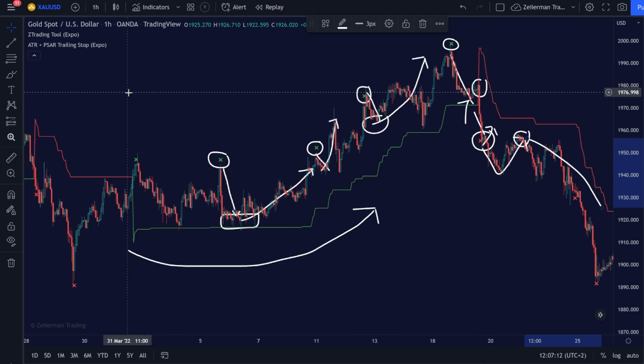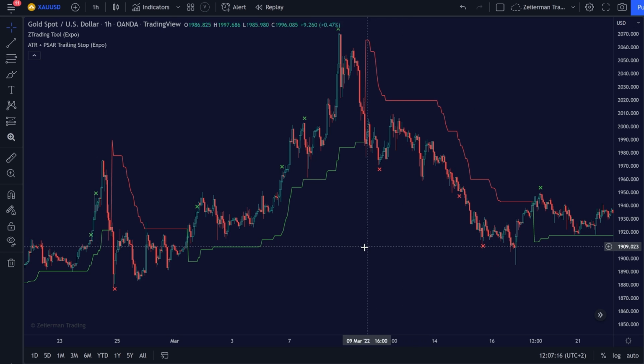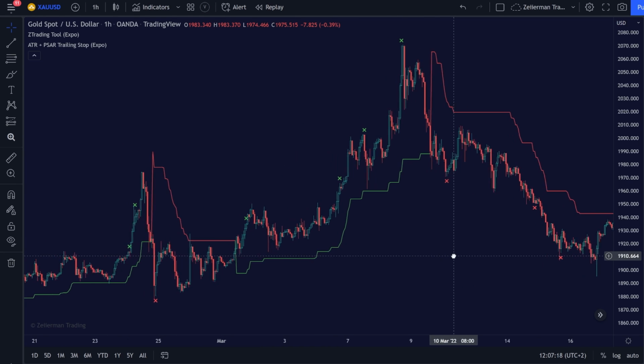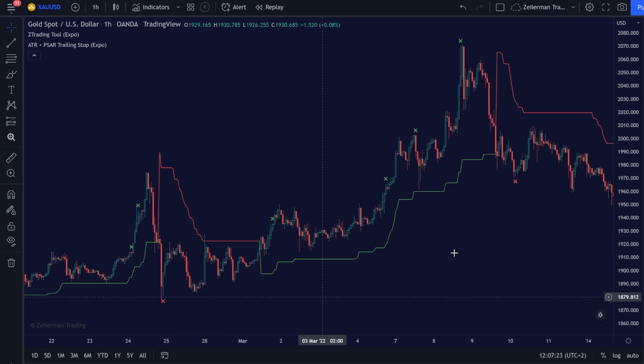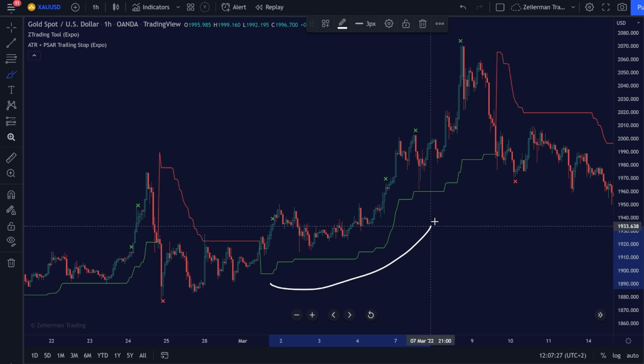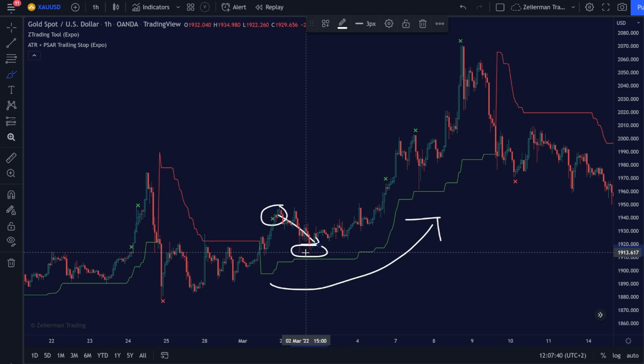All right, let's see if I have more examples. Okay, we can take those over here. This is just another example. The trend line is green and we want to enter pullbacks within this trend. Simply wait for an X to be printed, wait for the pullback, look for a long confirmation, boom,